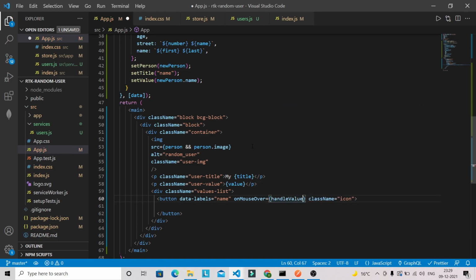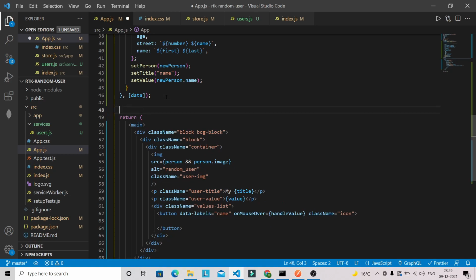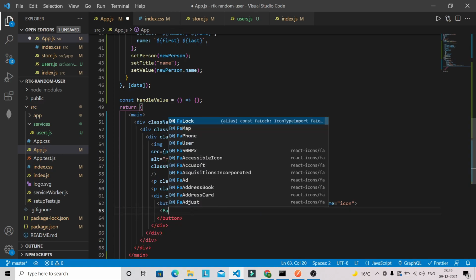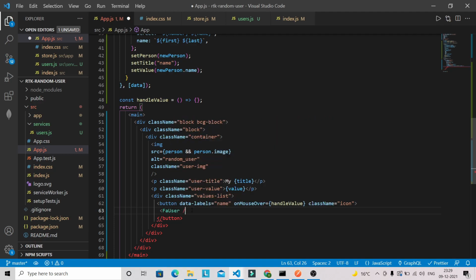This method we haven't defined, so for now let's define it outside this return. So const handle value, and just leave it as it is for now, and inside this button we are going to have our icon. So fa user.